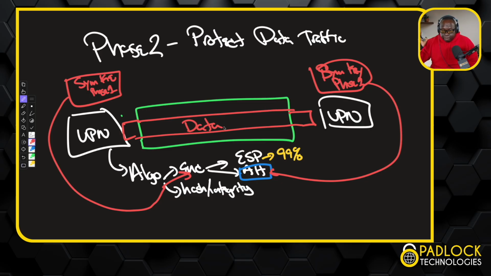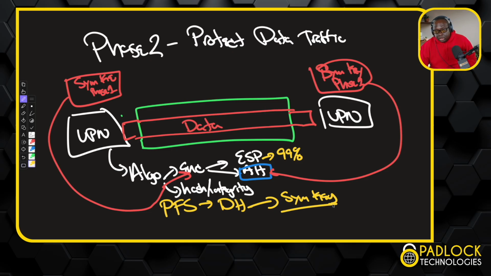All right, you take the symmetrical key that you generated from phase one, you use that key in the encryption algorithm with your hashing algorithm, and that's how you're going to protect the data. Now, there is a thing where you can run Diffie-Hellman again called perfect forward secrecy. So this is called PFS here. So you could run PFS, which is technically running Diffie-Hellman again, to get a different SIM key or symmetrical key